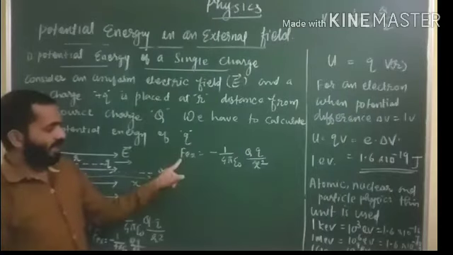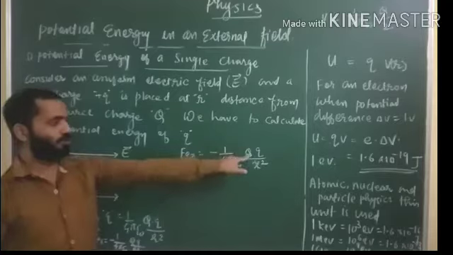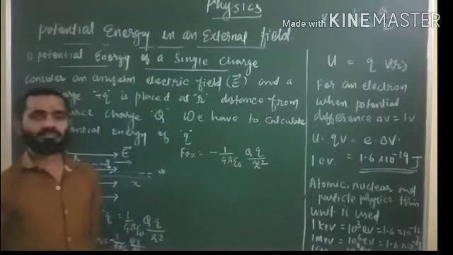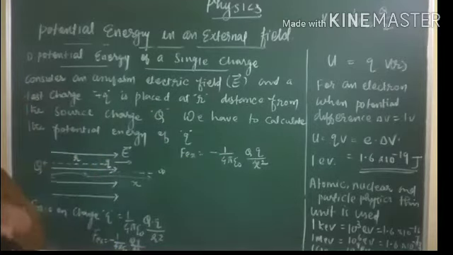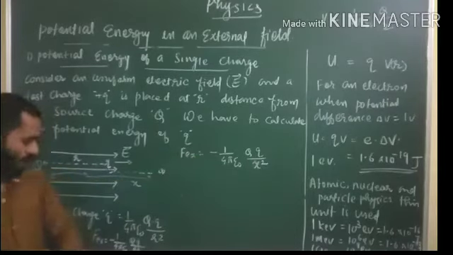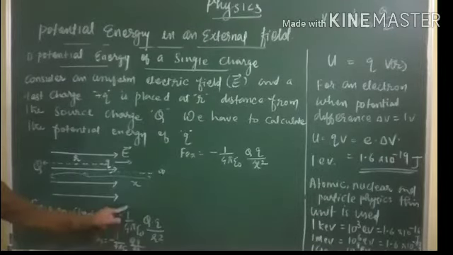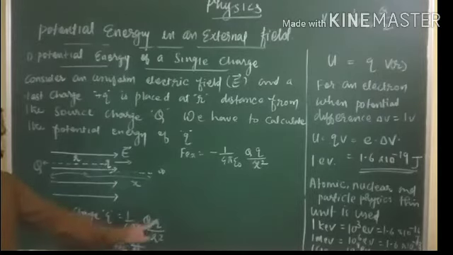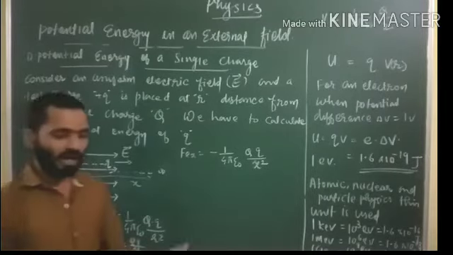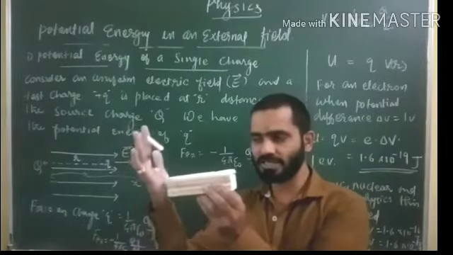So we can take F external equal to minus 1 by 4 pi epsilon naught q into q divided by x square. Once again, students, you will get confused about how sir is putting the minus here. This minus is coming from the force acting on the charge by Coulomb's law, 1 by 4 pi epsilon naught q into q divided by r square. Now we are applying a force in this direction. See, Coulomb's force is